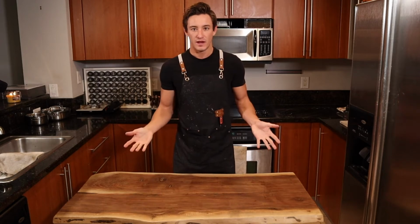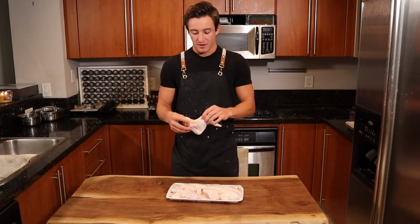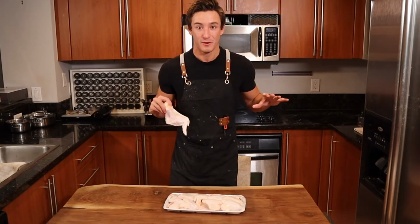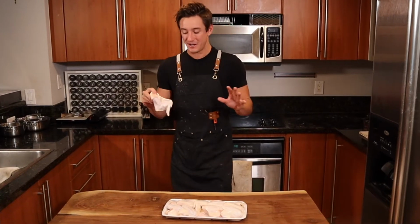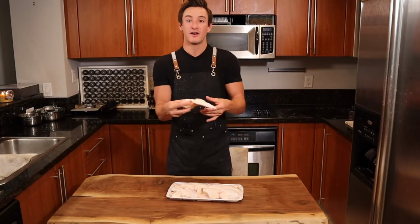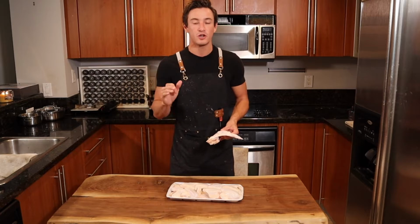So to start off making your wings, you're gonna need your actual wings. So that's what we have here today. Everyone argues about whether the drums or the flats are better. To be honest, I'm a flat guy. They're way better than the drums. Just my opinion here. But we're gonna cook the whole wing, the whole entire thing, so we don't have any discrepancy here. You're gonna have your drum, you're gonna have your wing. It's gonna be delicious. But the first thing you're gonna wanna do is soak these wings